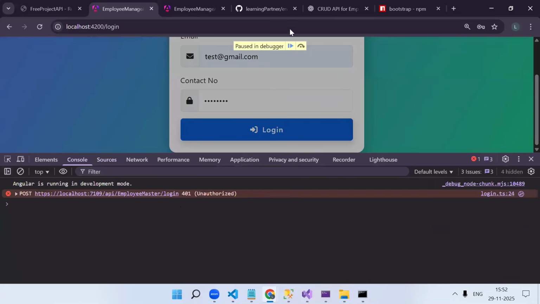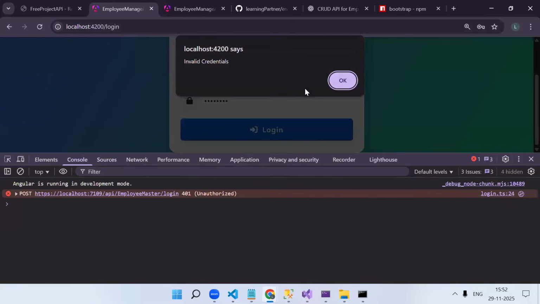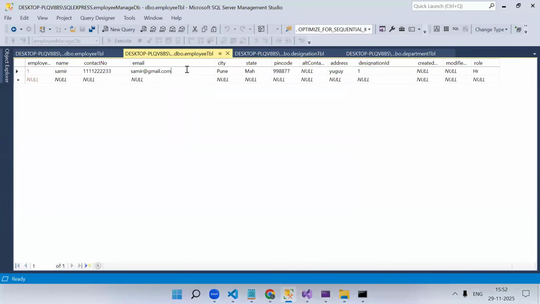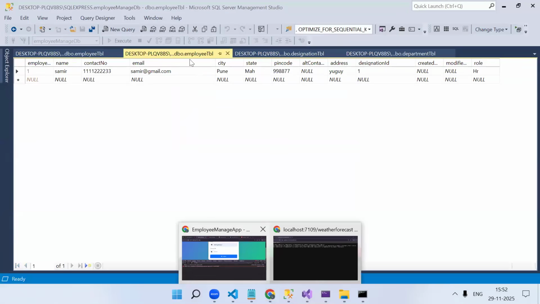Now the debugger came. See, invalid credential. Whatever the API returns, we are able to show. Now let's pass the correct credential. The correct credential is samir@gmail.com